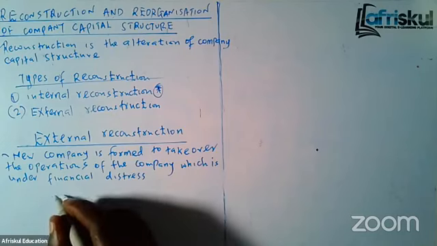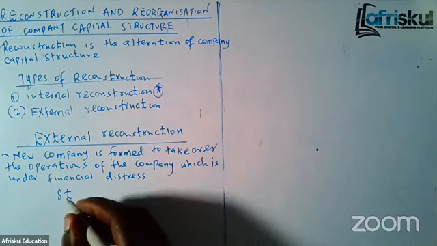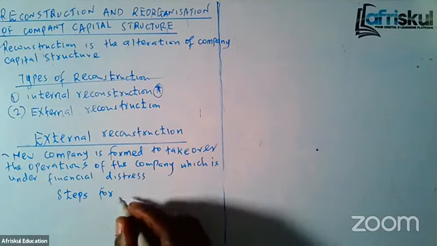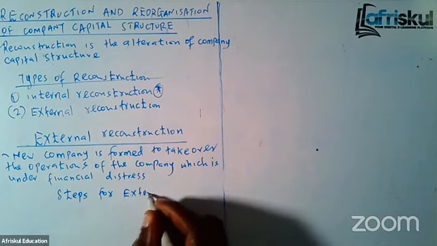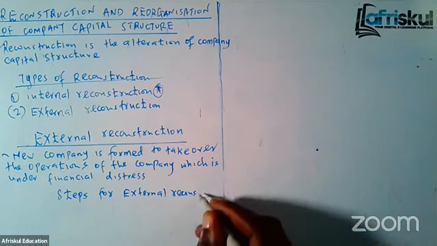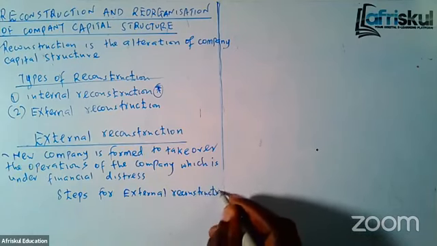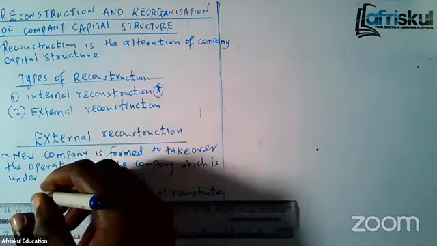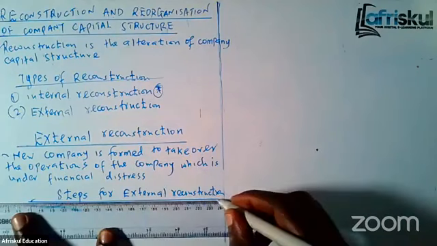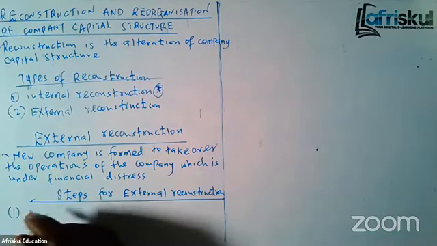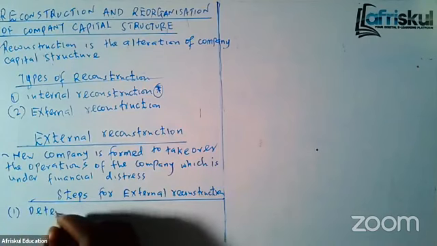And remember that the person who does this work of external reconstruction is called a liquidator, who is appointed by the directors. So these are the steps of external reconstruction. The first step is all about to determine, so you need to determine